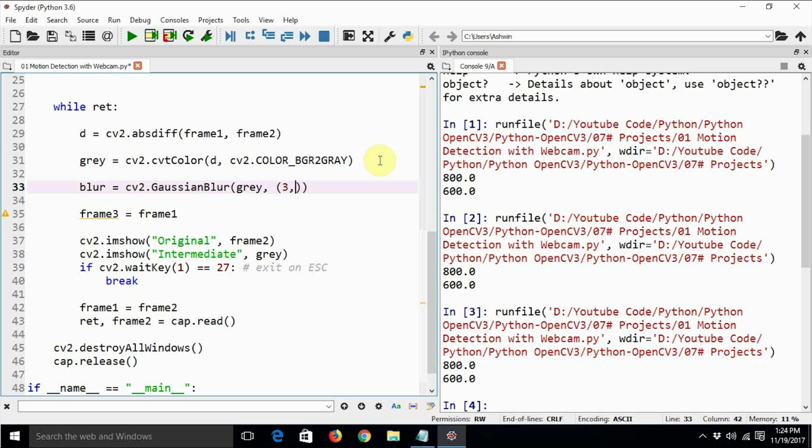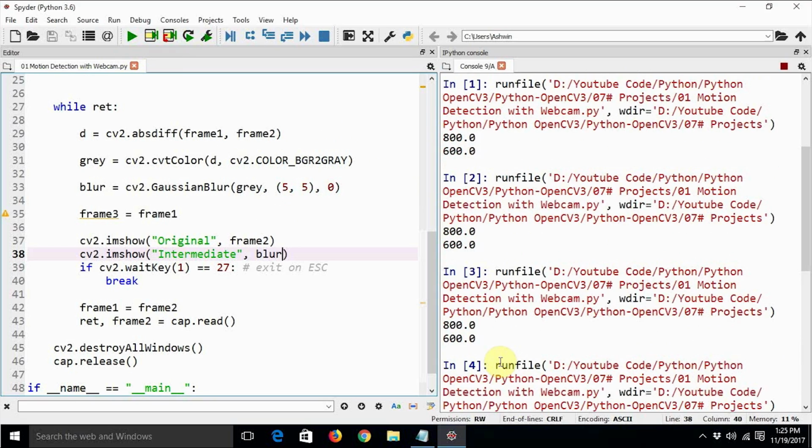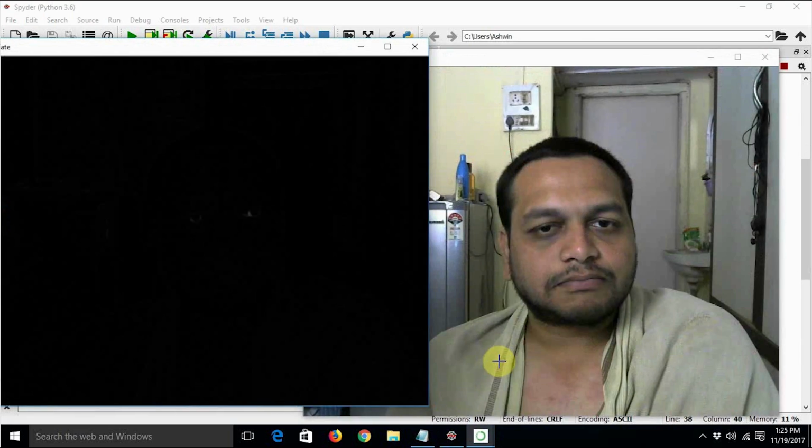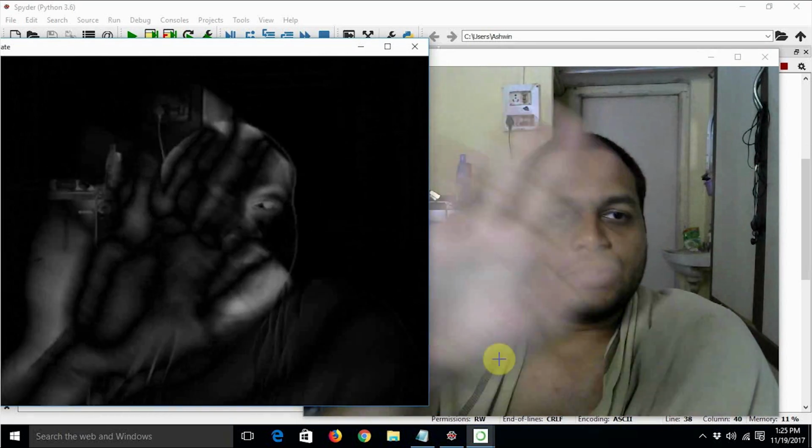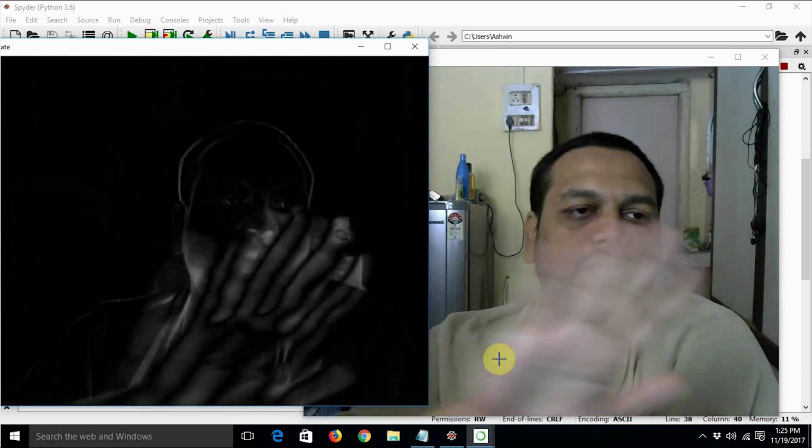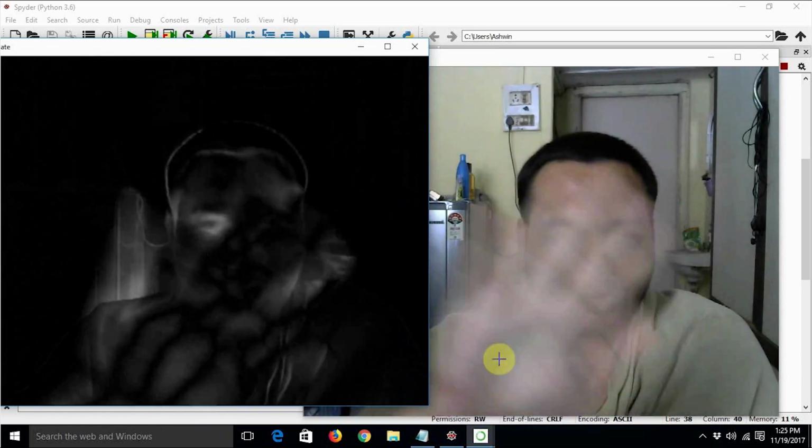Let's apply 5,5 with 0. This applies the Gaussian blur, and this is how the grayscale image looks after applying it.